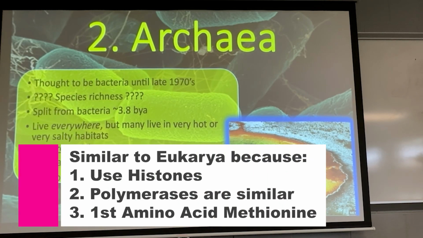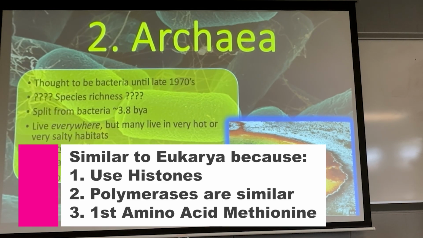Number one, they have histone proteins. All right, histone proteins, remember, are the proteins associated with DNA, right? Their histones are very similar to ours. All right, so bacteria don't have histones similar to ours. They use methionine, which is the first amino acid in every protein that a eukaryote produces during translation. They use methionine the same way we do. What I mean by that is every protein starts with methionine, right? It'll be the first amino acid that's brought in. Archaeans do that. Bacteria don't do that.